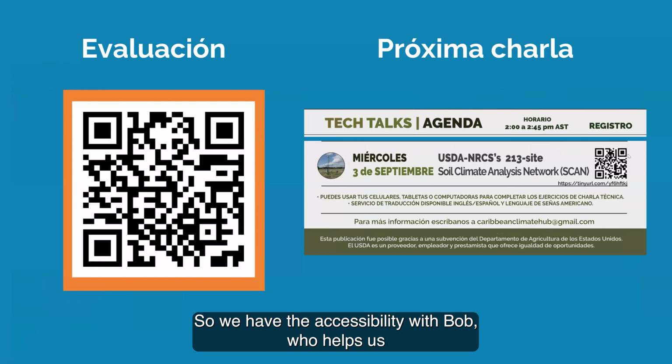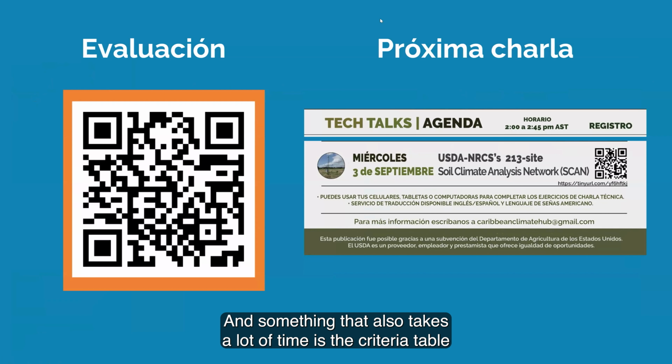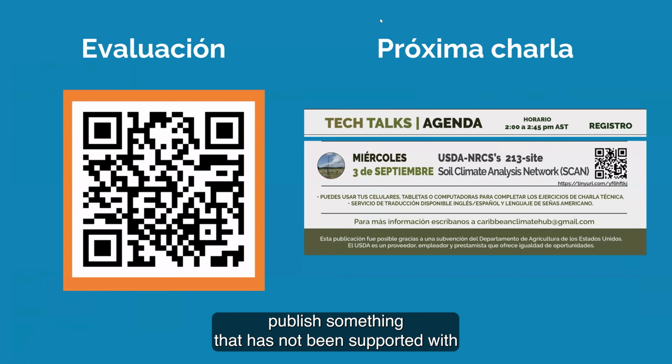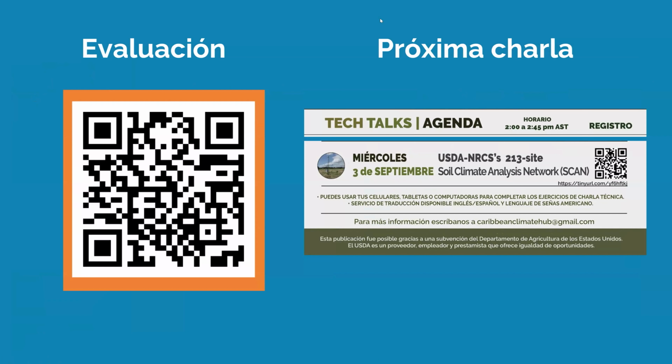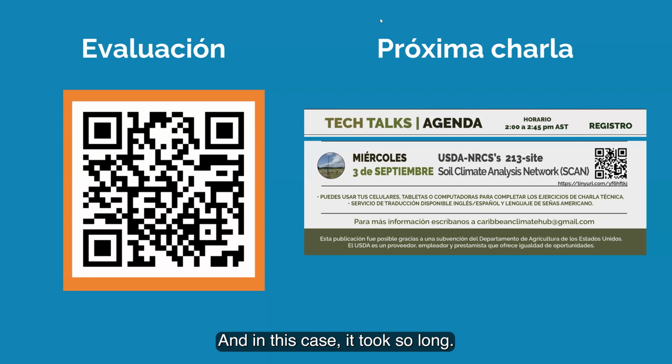So we have the accessibility with Bob, who helps us with the models and databases, and we have to sit down. And something that also takes a lot of time is the criteria table and the literature revision, because we cannot publish something that has not been supported with peer-reviewed data. So that can take a month, 2 months, or it can take 6 months. And in this case, it took so long